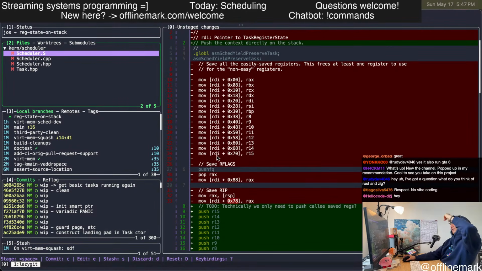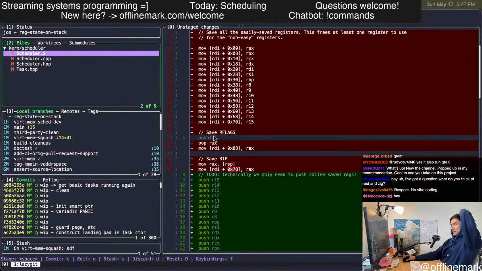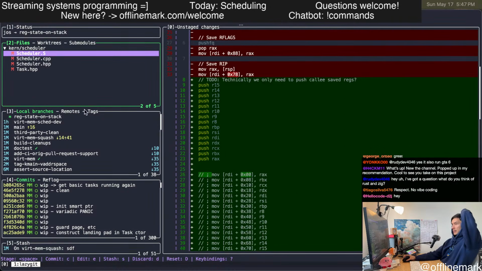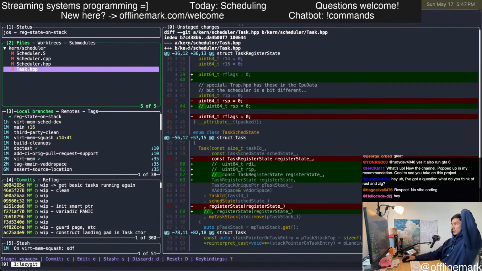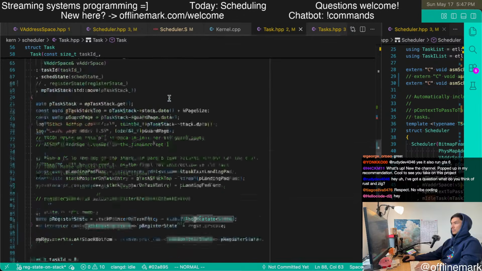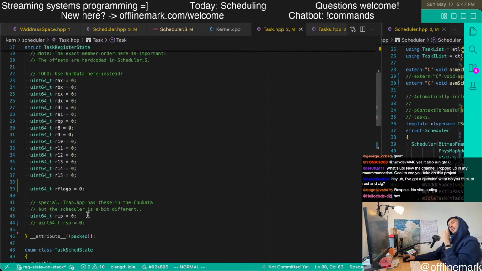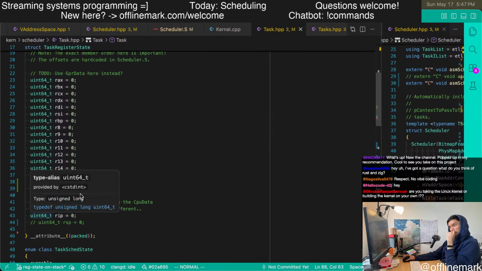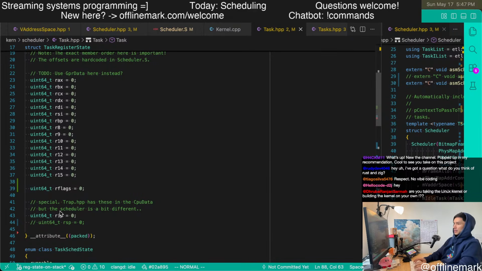To adhere to the layout, we push the flags at the very end, followed by R15 down to RAX. RIP is already on the stack. I think that's worth a comment.